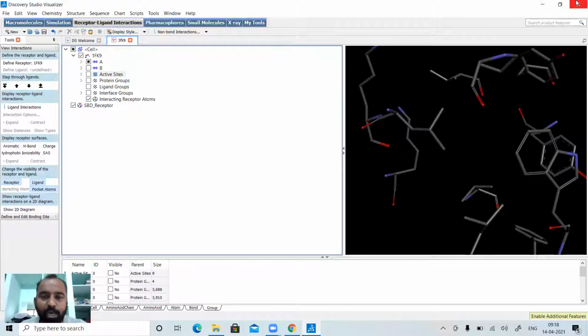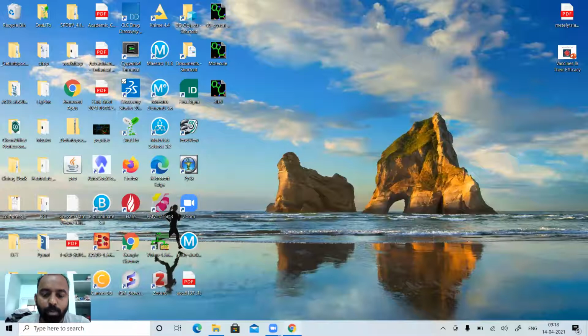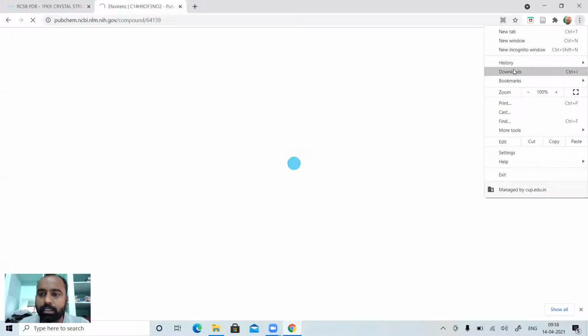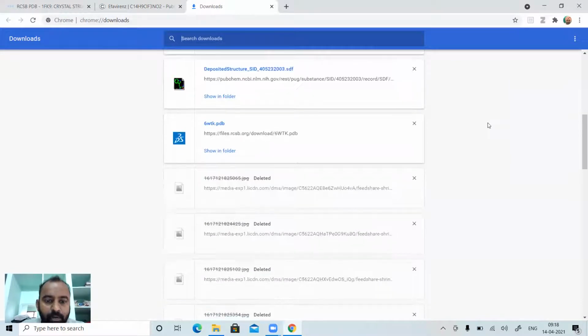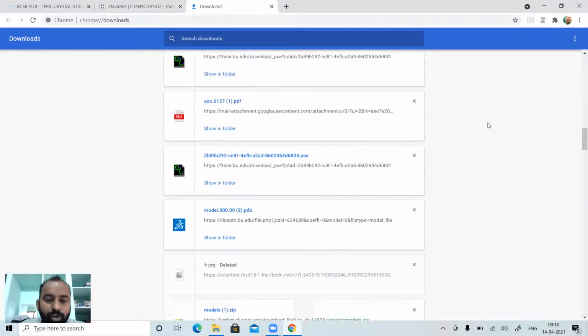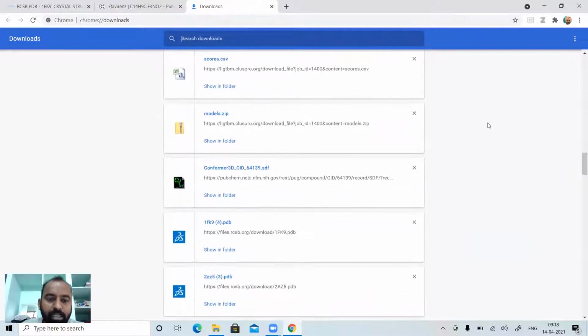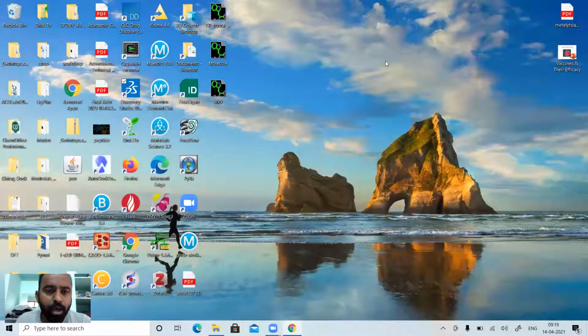Now I'm simply closing these. Now I'll go back to my efavirenz. It's taking some time, maybe because of a problem with the internet. I have already downloaded such structures and already saved them as different file formats. So we need not bother about those structural information. So this is a conformer. So this is the PubChem database. So this is fine with the structures. Let us go back and see what the docking protocol of PyRX is.